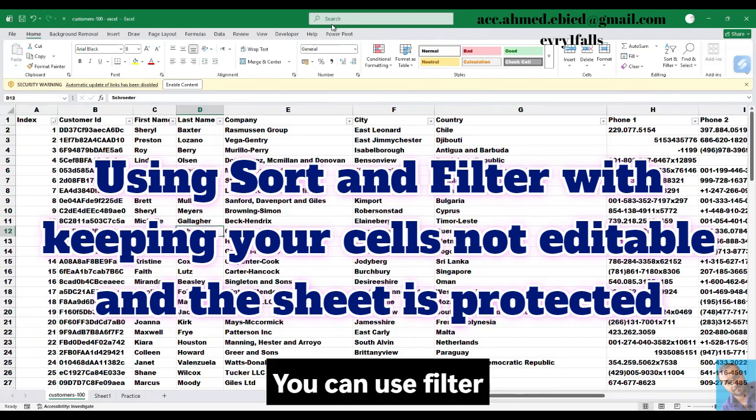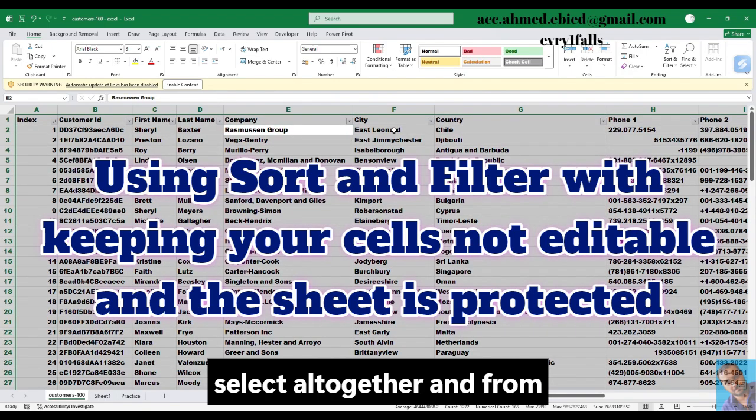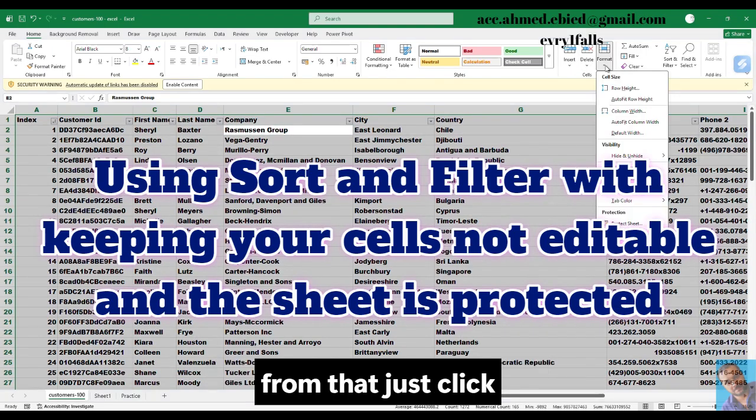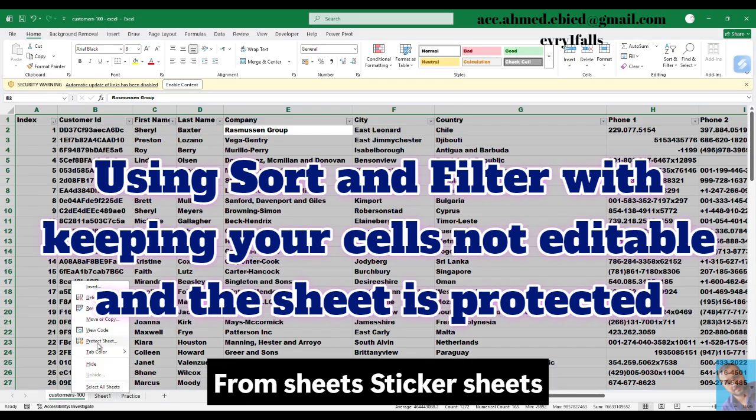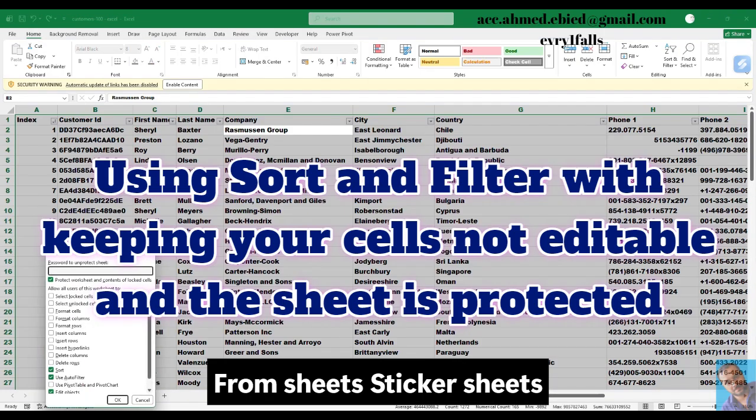You can use filter and you can use sort in a protected and edited sheet by simply selecting all the data, and from Format just click Lock Cells so you can unlock the data cells. Then from Sheet Protection you can